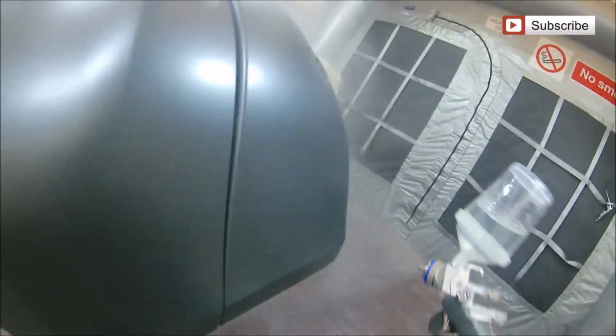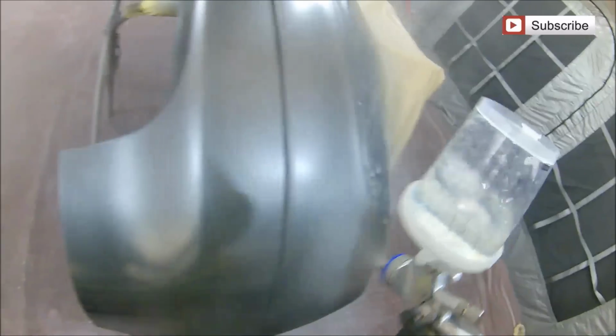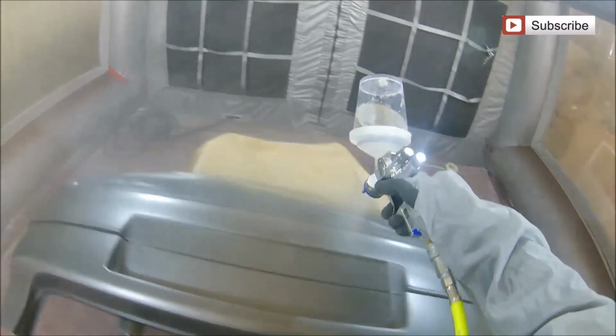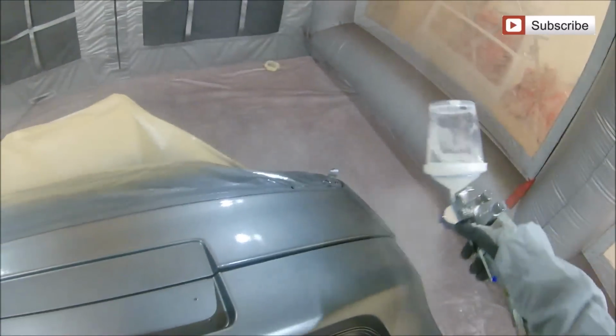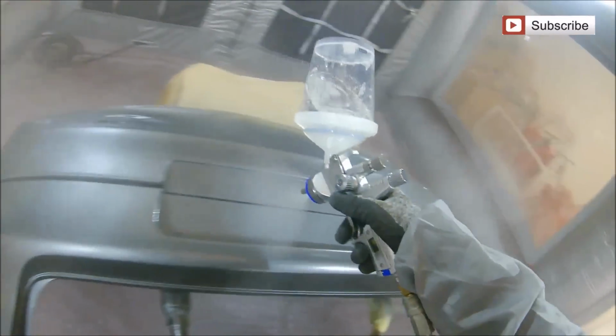Now, the good thing about re-clearing all of this area rather than just painting that one section at the bottom that we're going to do is going to make sure that the bumper's got a nice even finish all over. Because obviously, if we paint that bottom section and the top of the bumper has got a really OEM looking finish, and then we've painted the bottom of this and got it a little bit too nice when we've got it off the gun, now it's not going to stand out so much, because 9 times out of 10 most cars, the finish on the bumper doesn't match the finish on, say, the quarter panel that it's touching. So to re-clear all this bottom bit, one, gives the bumper a whole nice fresh look